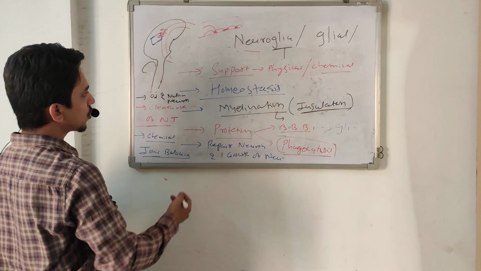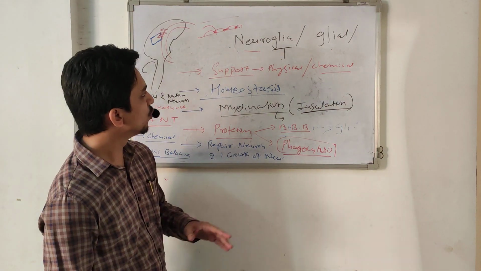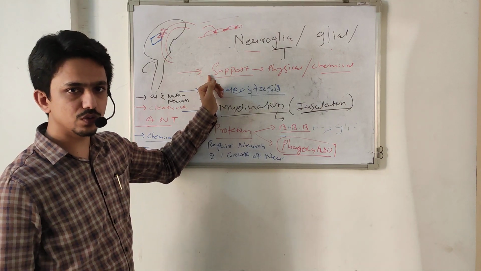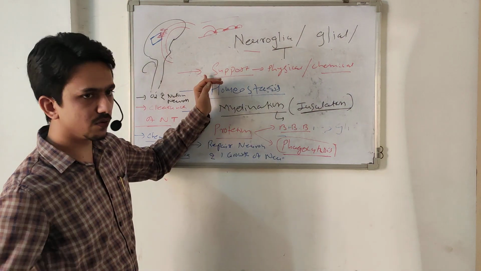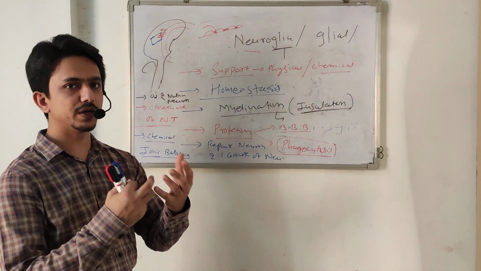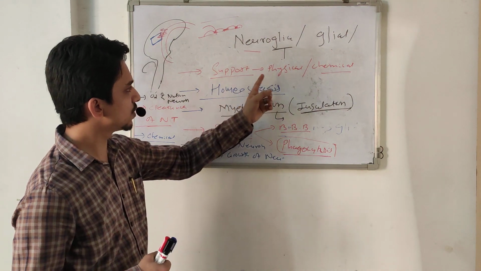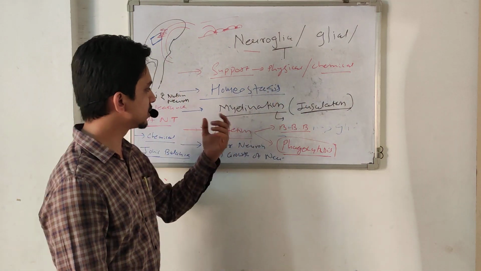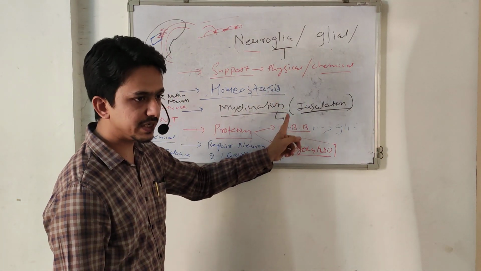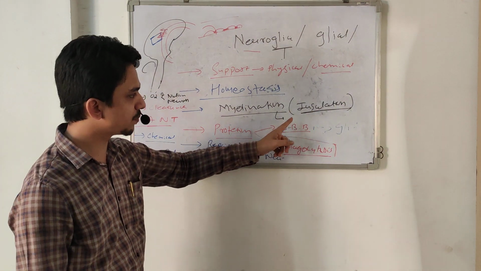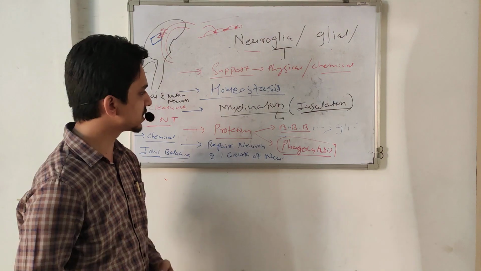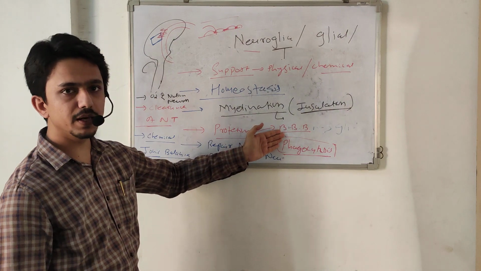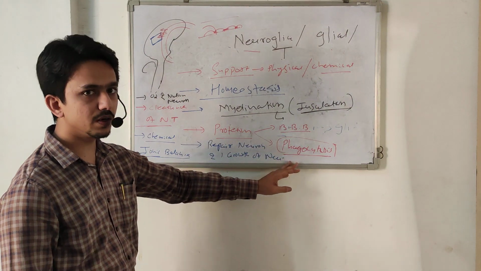So these are all the common functions. First function is support. They give physical support by making a connective tissue, making a network with blood capillaries, with pia mater, with axons. So they are responsible for physical and chemical support. Second, they maintain the homeostasis of the central nervous system. Also they give myelination, which is insulation, and also increases the velocity of the action potential. They give protection functions, like making the BBB, the blood brain barrier, and having some phagocytic activity,